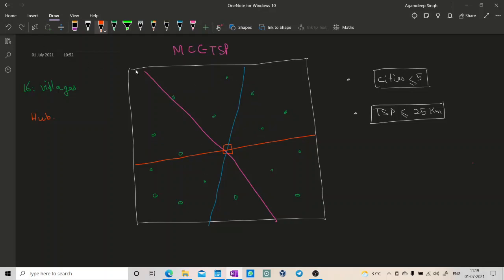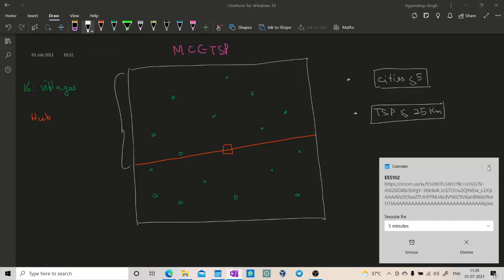So basically the first part of the algorithm, the line divider, draws lines at an interval of 5 degrees. So there are around 360 divided by 5 lines on the whole space. For each line it calculates the difference of the points on each side, and it chooses the one with the least difference, because we want roughly equal work on each side of the line. The orange line in this case has 8 points on each side, so we take that. What we now have is two subspaces of the original space.